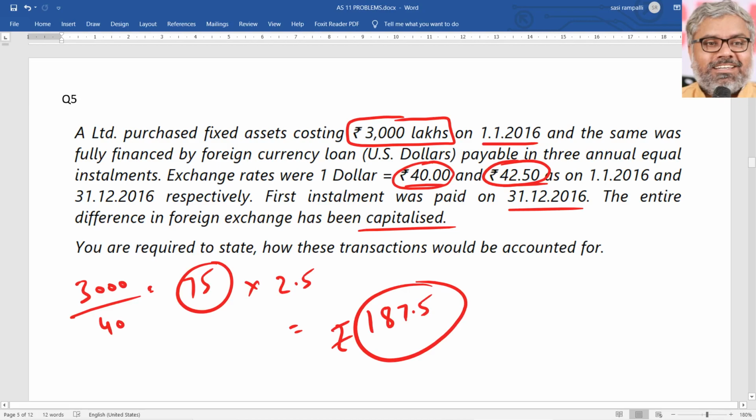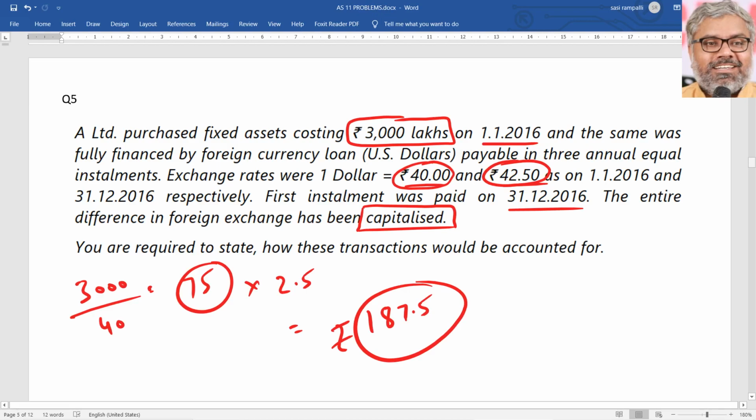First option, debit to fixed assets, which has been given already. The difference in foreign exchange has been capitalized. So in that case, what entry can you pass? Fixed assets account debit to loan account, 187.5. Just to show alternatives also that we know, you can even say this 187.5 lakhs can be debited to the P&L account. That possibility is always there. Any monetary item, difference in foreign exchange can always be charged to P&L account also. So in that case, the entry finally could be P&L account debit to loan account, if that is the option